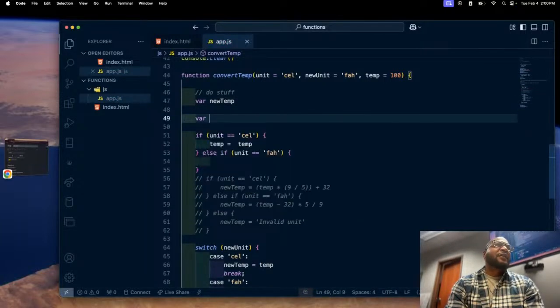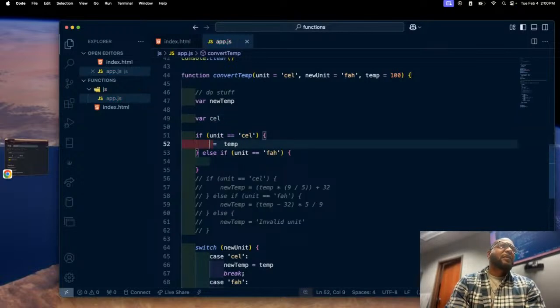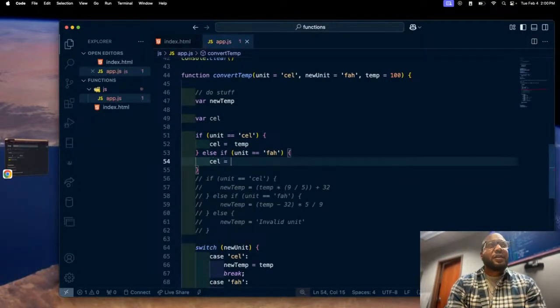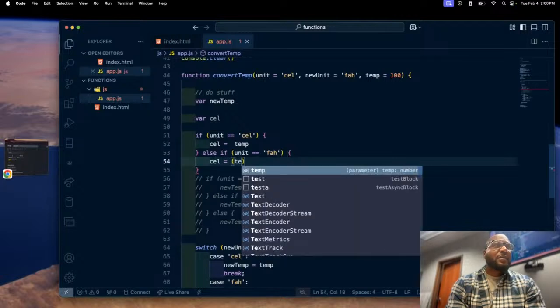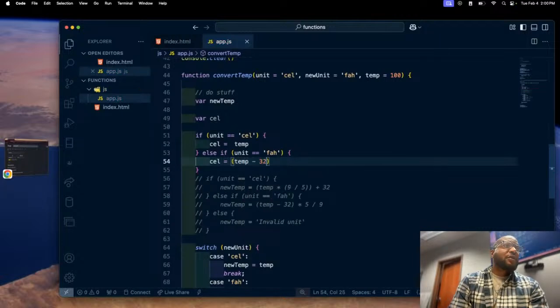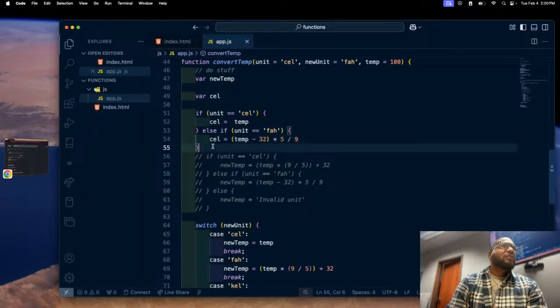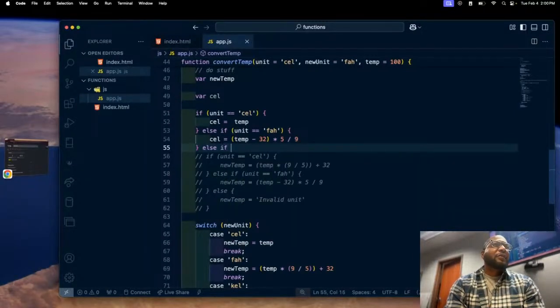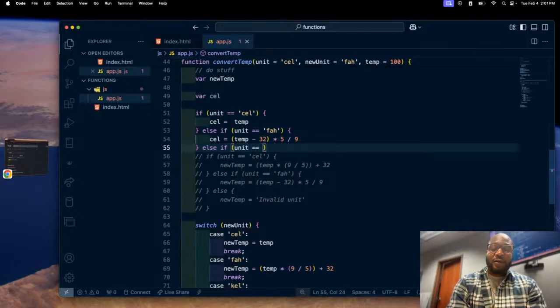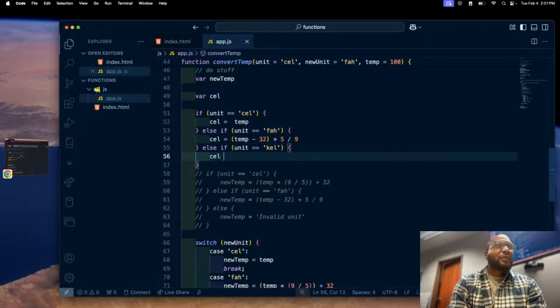Let's see. Let's do, if I say var cell, and I can say cell gets temp. All right. Here I can say cell is going to get, what is that? Temp minus 32 times 5 over 9. And we'll just do another one right here because I want to clean this up. Else if unit is equal to kel, then cell would get,